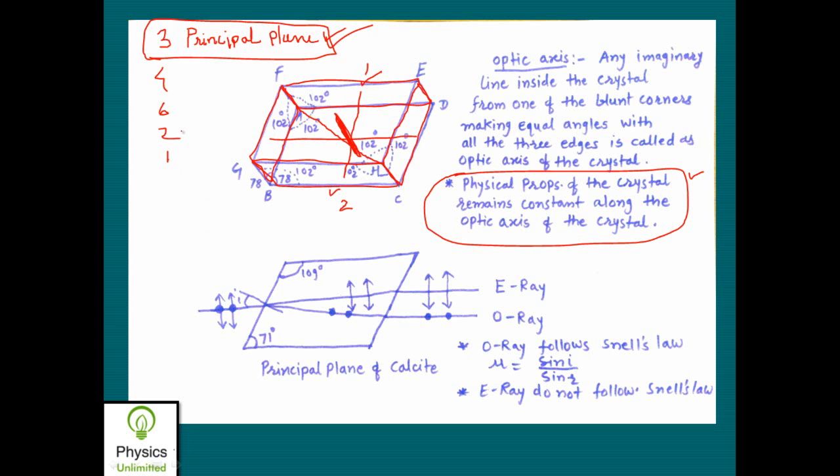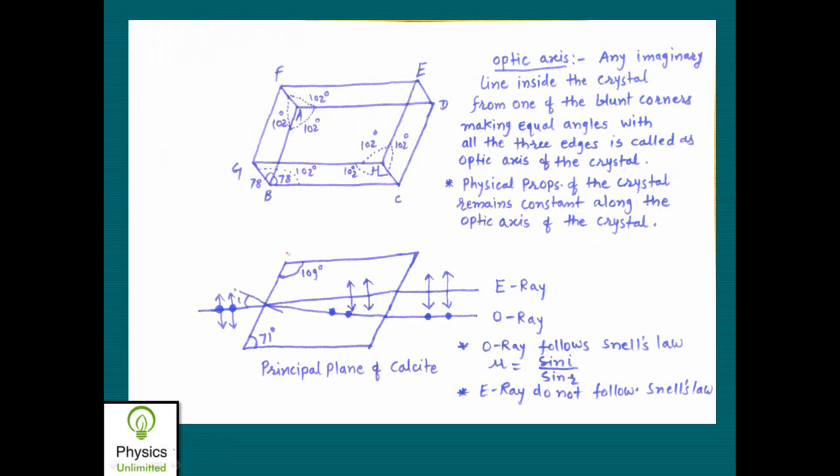Okay. Then the principal plane of calcite is a parallelogram having an acute angle of 71 degree and obtuse angle of 109 degree. So with this as a normal, when a beam of unpolarized light is incident with some angle of incidence I, now how can I say that this is an unpolarized beam of light? Because here,